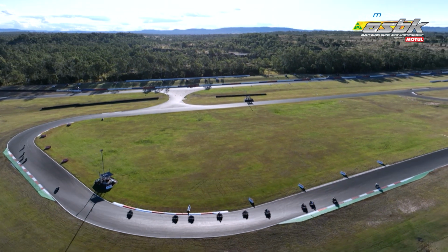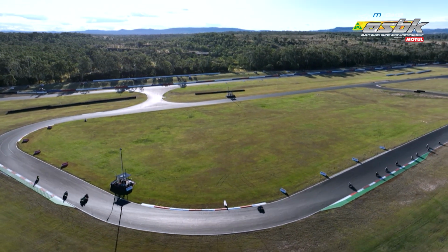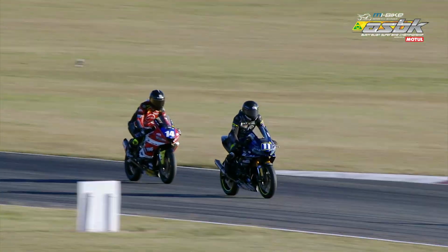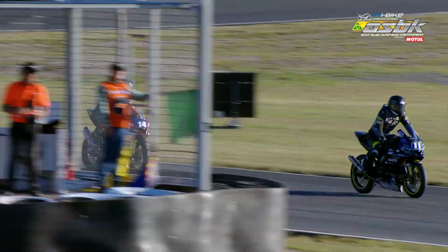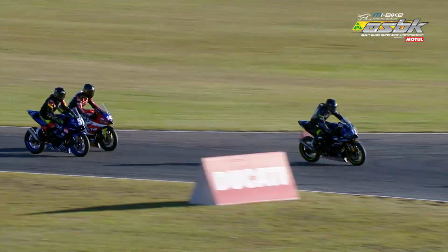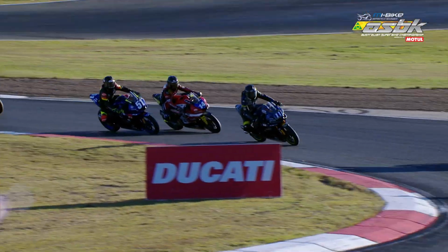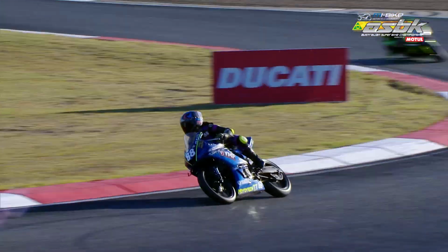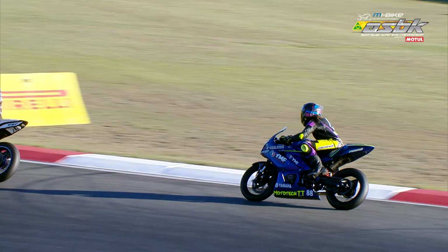Well, I reckon we'll be looking that way because it's so close around this QR circuit that you just can never predict anything. Brendan Damery, he's always in for a podium chance. He's a hard charger. He's more looking to the championship, of course, than perhaps these younger guys that want victory at every moment. But nevertheless...